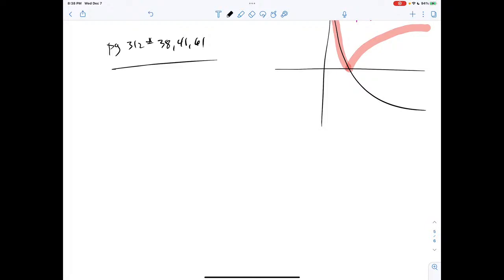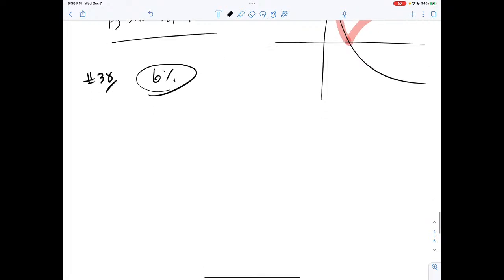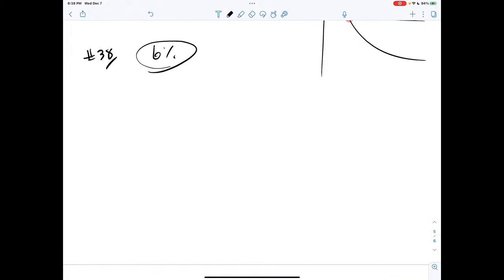So for this one here, 38. Oh, yes. I was talking about this with Michael, to this class. For number 38, it asks what rate of interest compounded continuously will yield an effective rate of interest of 6%. What they're asking in this question is, you have a situation where you are compounding